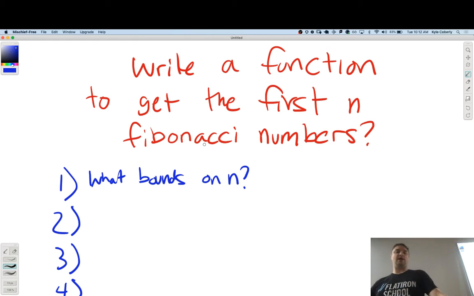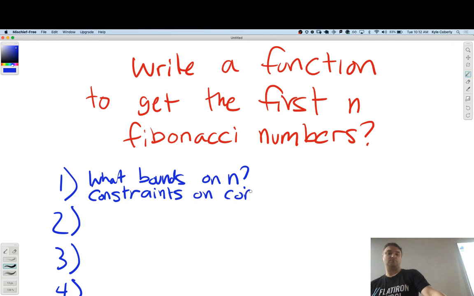I might also ask, I would not recommend you asking this, but I would ask this: any constraints on complexity? This is the big O stuff. Do I have any constraints for CPU or memory or both? So knowing that whatever I write will eventually have to be that big O or better.